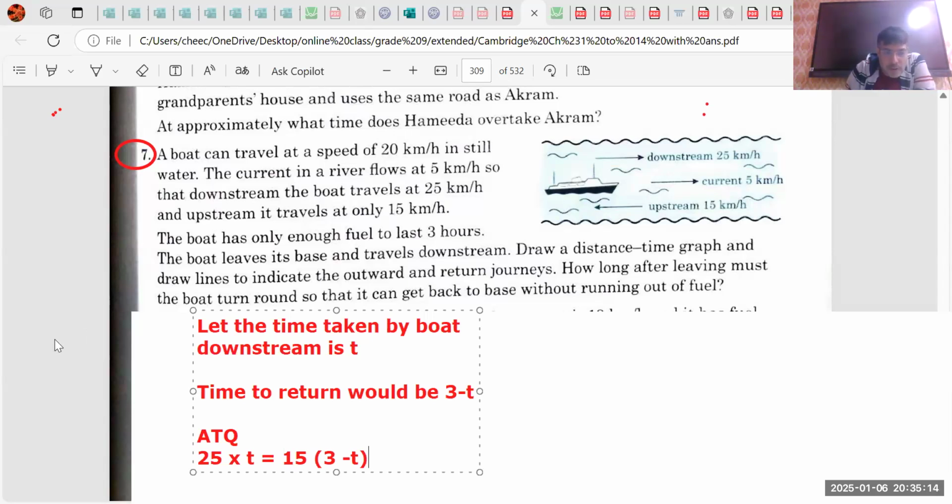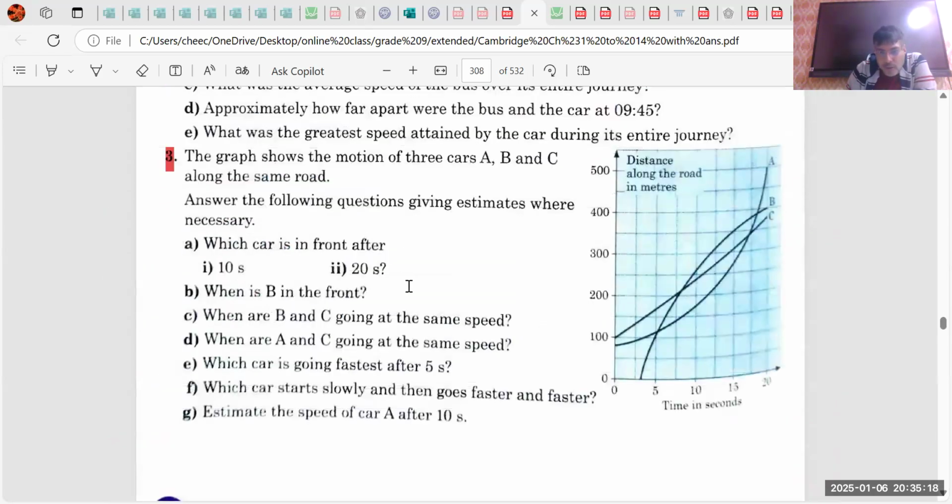Now the reason that question is wrong, let me tell you why I think the question is wrong. Because they are saying when they are going at the same speed. So guys, you will study a little bit of calculus. In that you will know that speed is actually the slope of a distance time graph. So how will you compare the slope? This is a straight line, but it's probably same here, so it's very difficult to tell the slope. So this will be the slope.